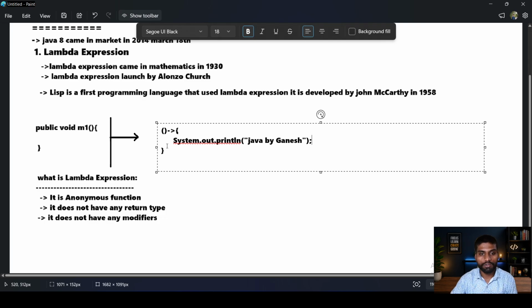Yes or no? If the body contains only one line in a lambda expression, then curly braces are optional. Simply check, guys, how simple it is. System.out.println Java by Ganesh.